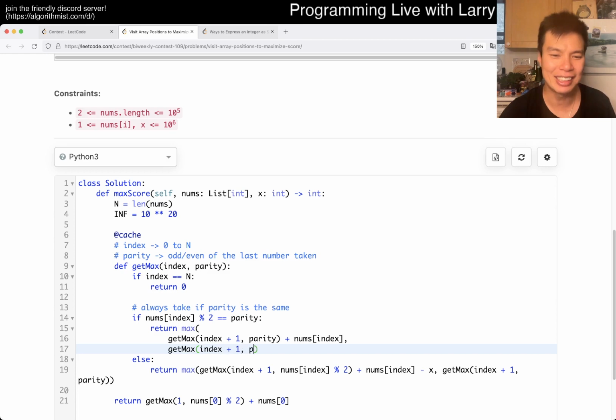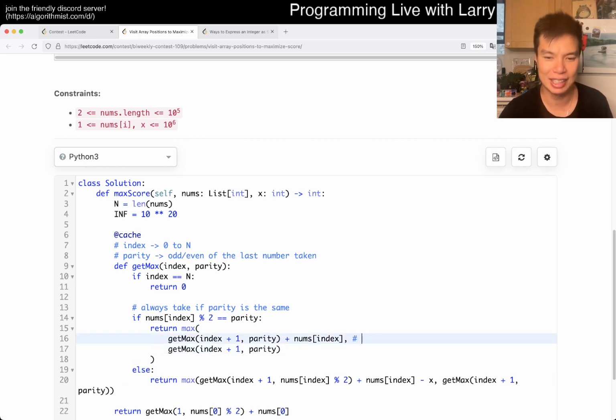And I guess in theory, if this number could be negative, then maybe you don't always want to tick. But that's how I kind of got it in my mind, is that this is tick, not tick, right? And then if the parity is not the same,